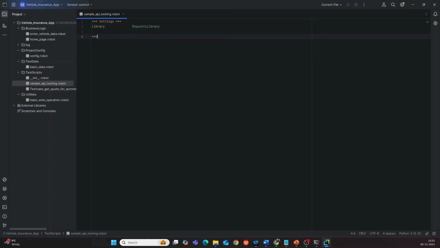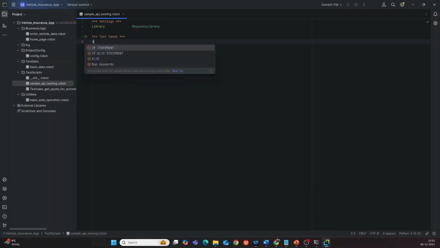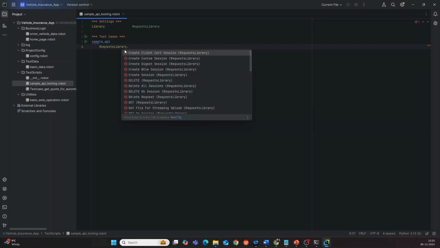Let us add the test case section and see what keywords it exposes. So let us add a test case as sample API, under which you can add the requests library. If you put a dot,